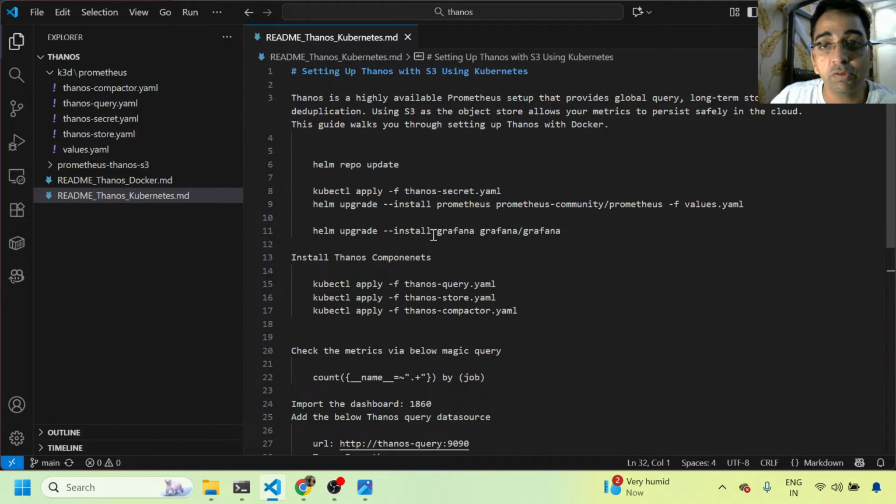First and foremost, we need to install Prometheus, the vanilla version. Now, what is Thanos? Thanos will be installed as a sidecar onto the existing Prometheus pod, and then it will scrape all the metrics being emitted by this Prometheus community Helm chart. Now, I'm going to run this Helm chart, but before I run it, I will be